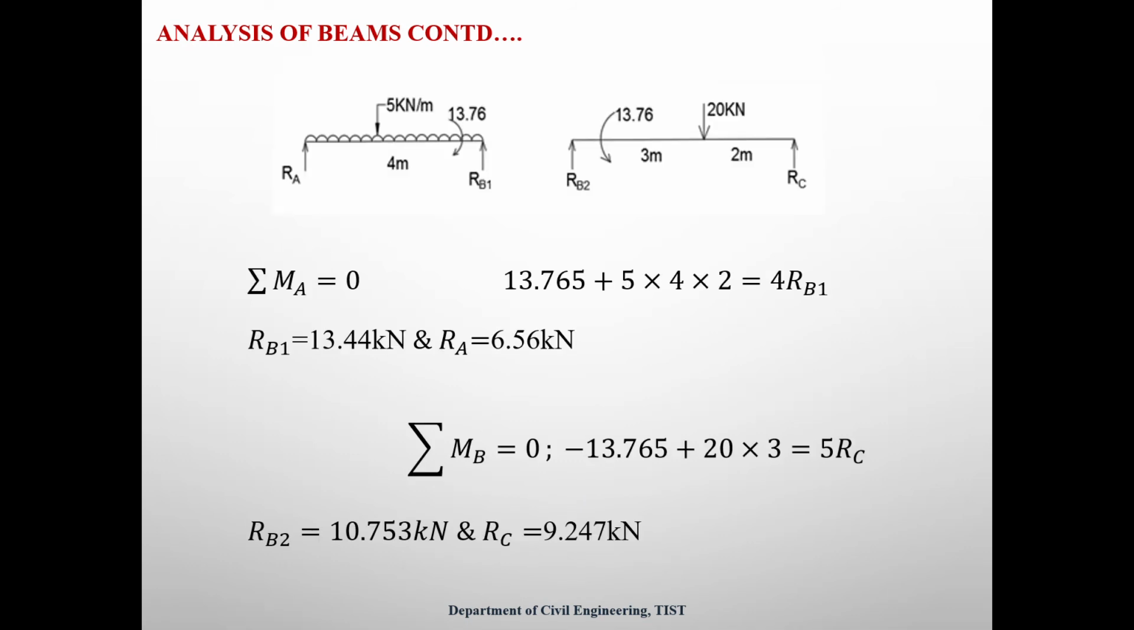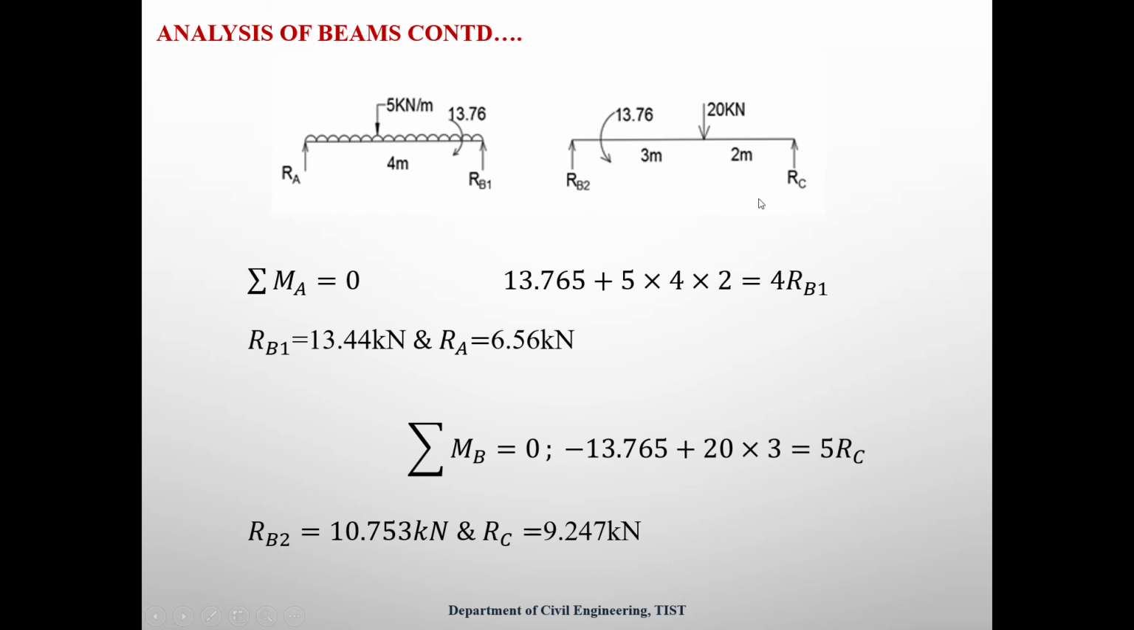This 13.76 has to be marked in the clockwise direction if it is at the right support, and in the anti-clockwise direction if it is at the left support. In the case of AB, it is at the right support. That means you have to mark it in the clockwise direction. In the case of BC, it is at the left support. That means you have to mark it in the anti-clockwise direction. After marking all these things, apply the equations of equilibrium in order to find the reactions